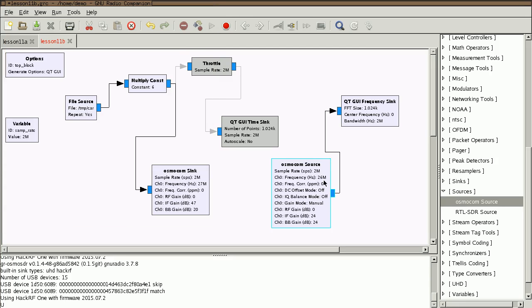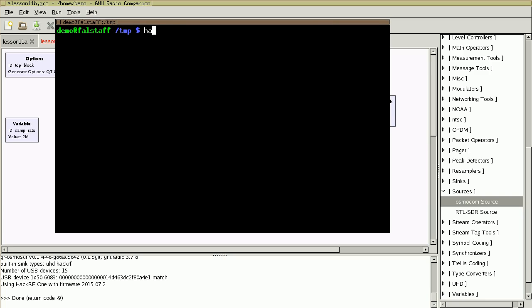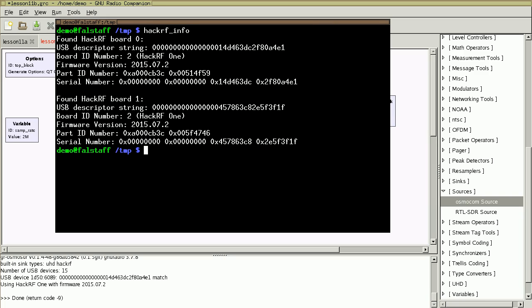This should work, except that I don't know if it's going to correctly select one HackRF for the sink and the other HackRF One for the source. So I'd like to go in and configure these explicitly to talk to specific devices. I'm using the hackrf_info command to get information about both of the HackRF Ones that I have connected to